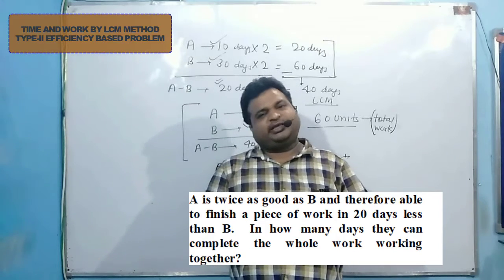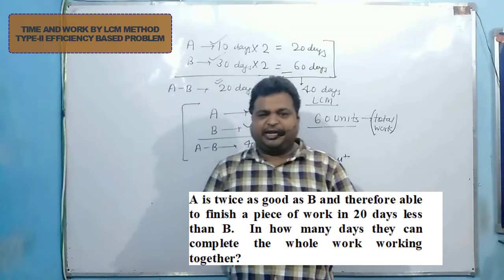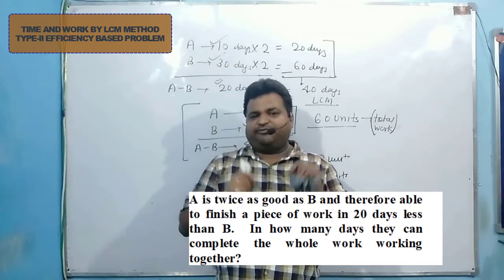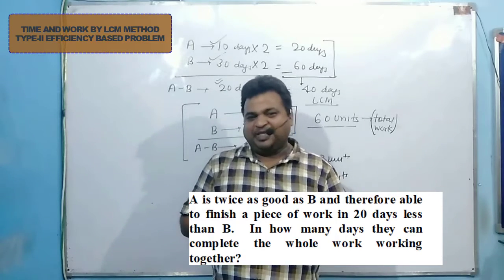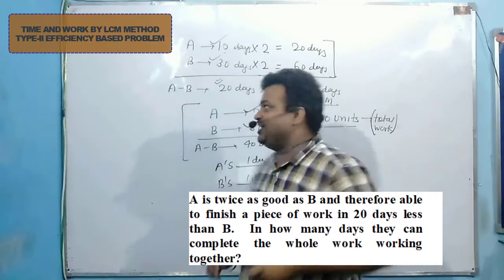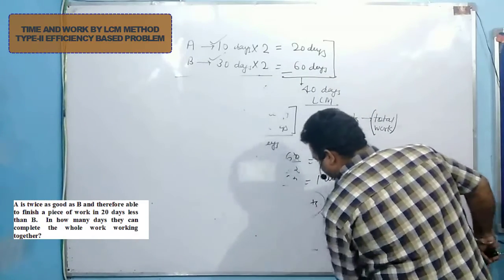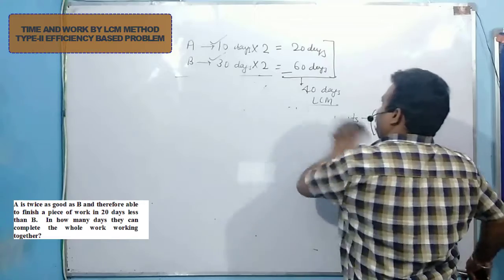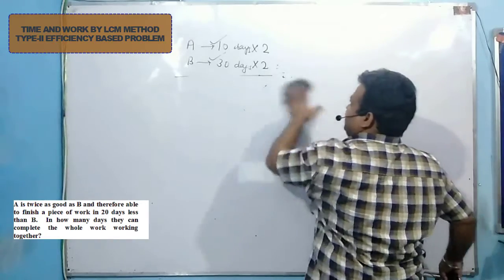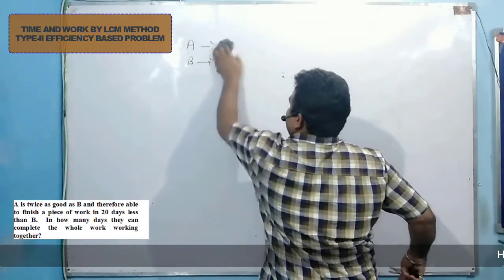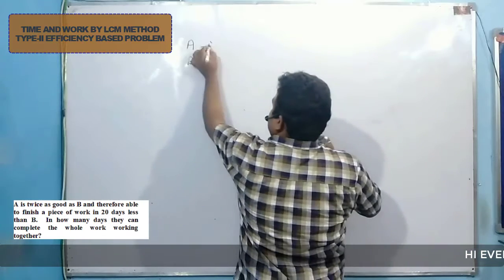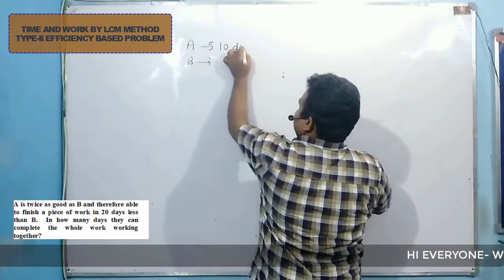तो ये क्वेश्चन भी देखिए, पहले से क्वेश्चन है, इसमें भी क्या मेंशन है, इसमें मेंशन है जो A और B का डिफरेंस है वो केवल और केवल 20 है, और A जो है वो ट्वाइस एफिशिएंट है B से। तो देखिए इस क्वेश्चन को फॉर्म करते हैं, तब आपको ज्यादा आइडिया हो जाएगा, you will get a better idea of understanding how to solve such kind of question.